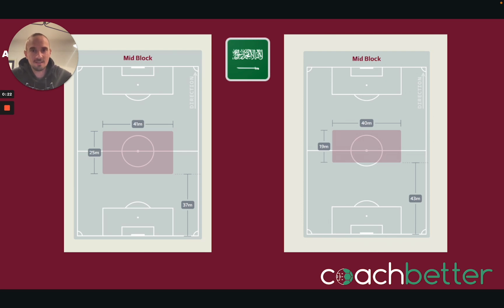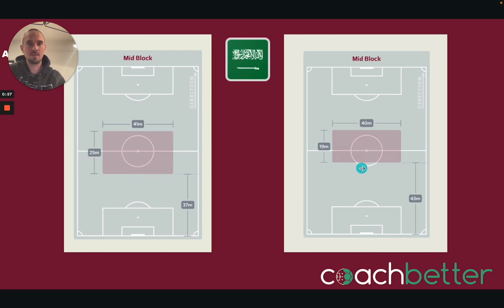On the left hand side, we can see the average distance between players in the defensive mid-block phase. So ultimately, what's the gap between the furthest, deepest outfield player and the highest outfield player? And we can see that's 25 metres. We can also see at the bottom where that defensive line is based on average when a team's in the mid-block, which is where they spend most of their time. And we can see here the average for the tournament is roughly 4 to 5 metres below the centre circle